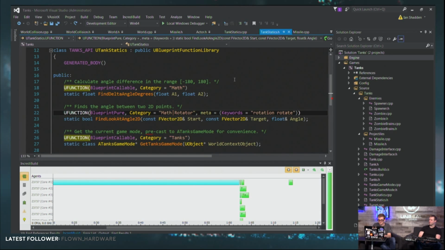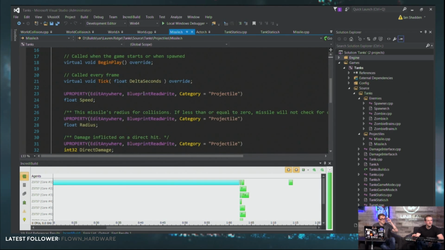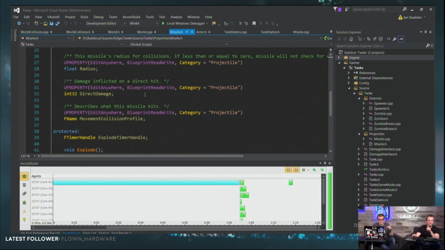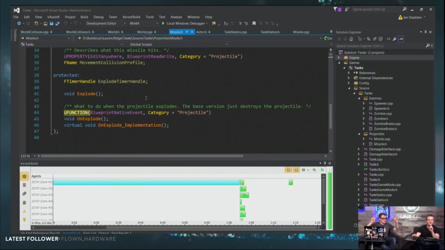So for example, you could say on explode or on death, and we probably have an on death function. Oh, in a different class. I think on destroy is probably something that we have built in, don't we? We do have that built in, but this would be different because you're calling it as a custom death function. Yes, like this one, on explode. We'll get to blueprint native in a second. This is a great event name, on explode.